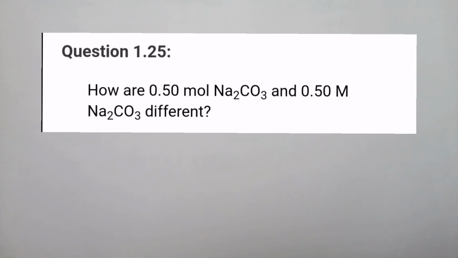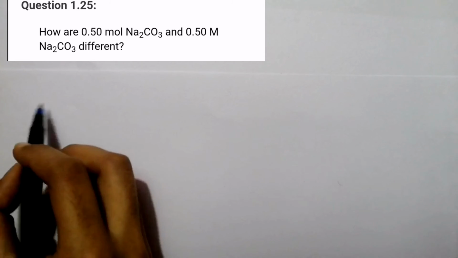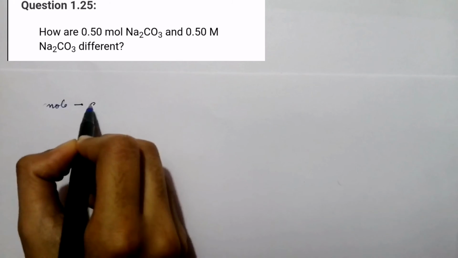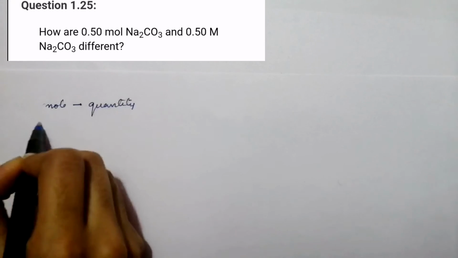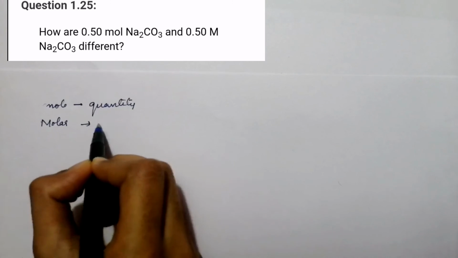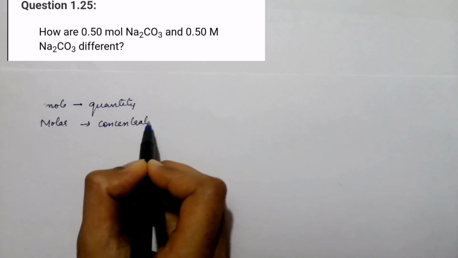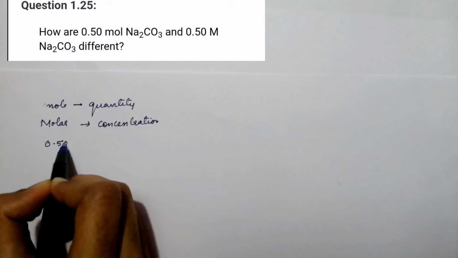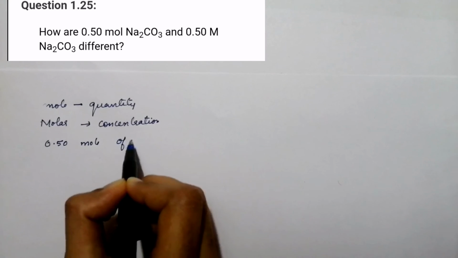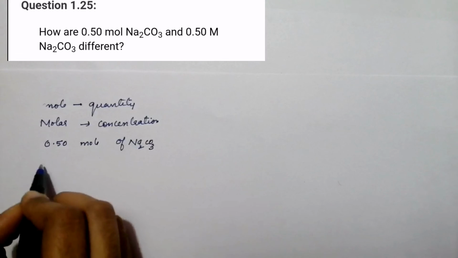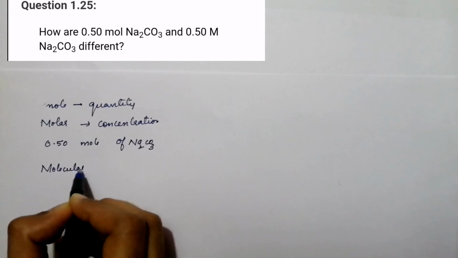Question number 25 says, how are 0.50 mole Na2CO3 and 0.50 molar Na2CO3 different? So this is a question which checks our understanding about mole and molar. We know that when we are talking about mole, we are mentioning the quantity, and when we are talking about molar, we are mentioning the concentration. So here we have 0.50 mole of Na2CO3. Let us first calculate the molecular mass of